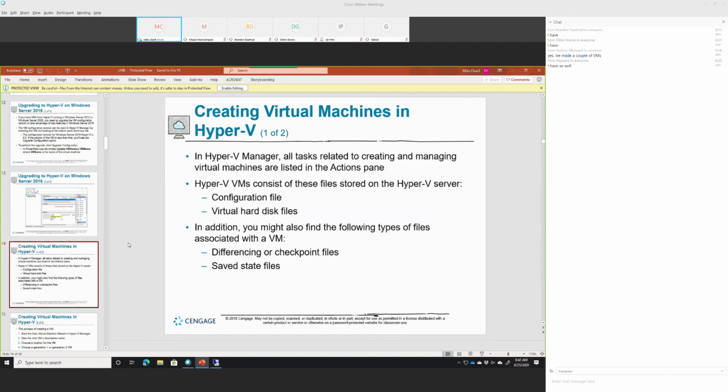It's a good idea, before you start creating VMs, to create a folder or allocate space where you're going to install all your VMs. Some people leave it as a default, which is not a good idea. It's a good idea to have a specific space where you want to install it, because this way